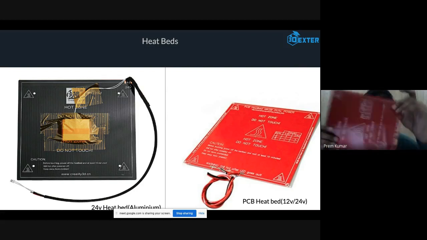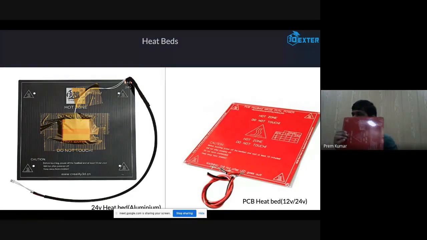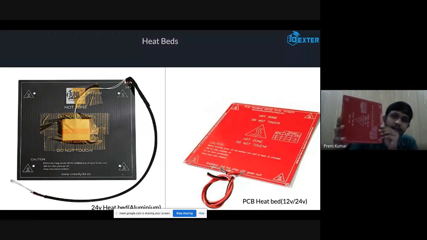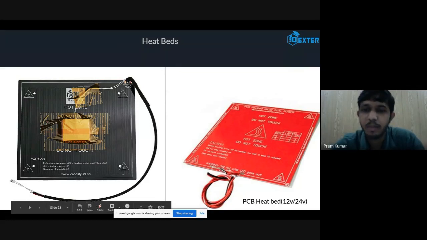You can look at this. Is it visible? Yeah. This is a heated bed, the one that you are actually seeing in the photo. It is made of PCB material only.